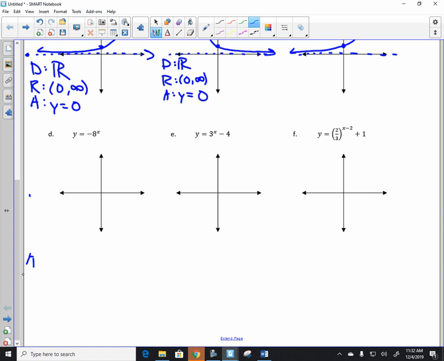So let's go to the ones that are a little bit more challenging, where we have reflections and things like that that take place in transformations, okay? Y equals negative 8 to the x. What is this going to do? Flip it vertically. So that will not change the horizontal asymptote, but instead of passing through the point 0, 1, it's going to pass through the point 0, negative 1. And so we have this shape. Domain, all real numbers. Range,